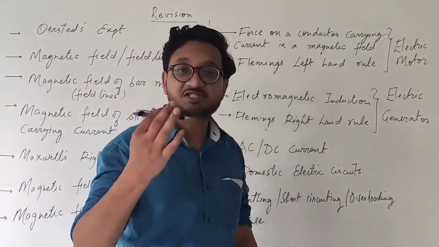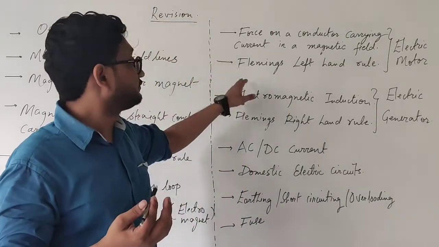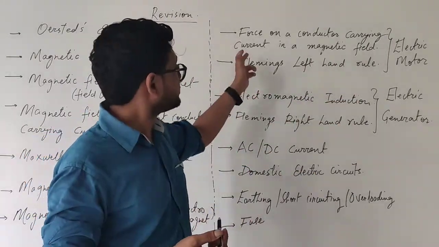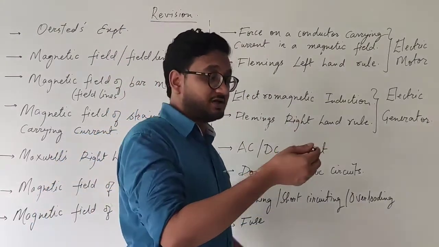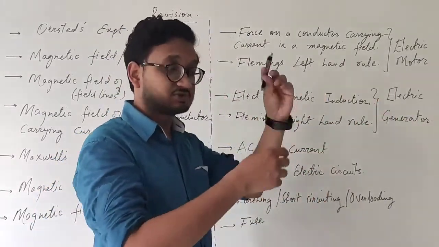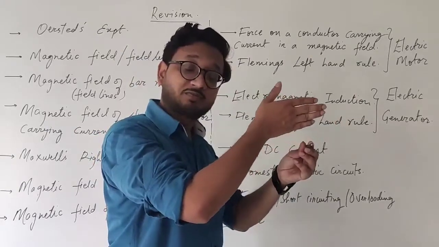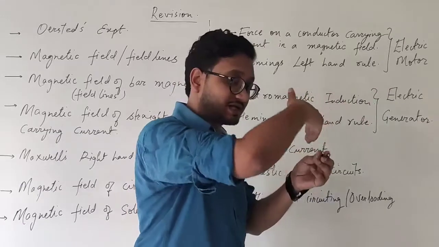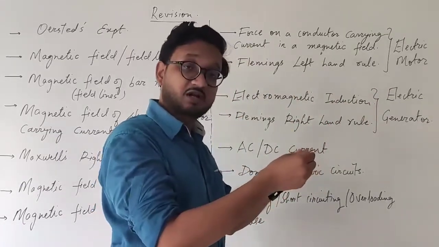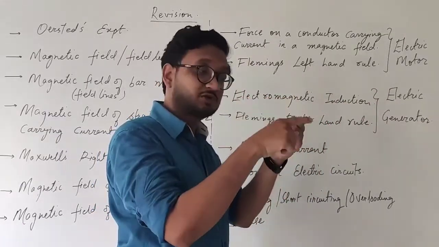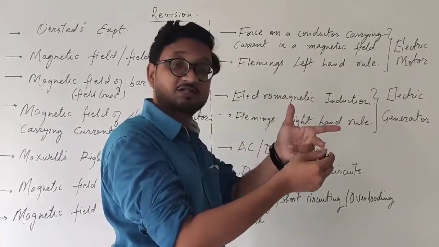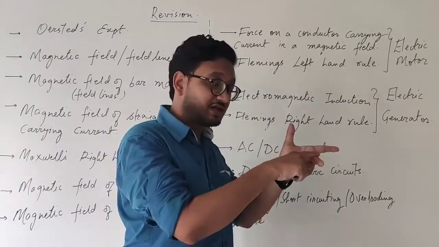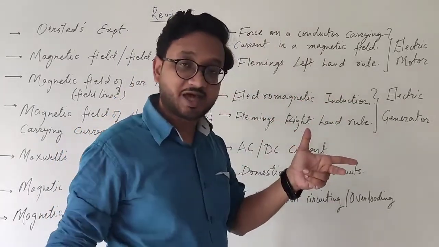But the question is, in which direction will it move? It will move in the direction which is suggested by Fleming's left hand rule. So the direction of the magnetic field is north to south in this way. Suppose this is a conductor kept at a 90-degree angle from the magnetic field, north to south. And suppose the current is passed through from the bottom of the pen to the top like this, using the left hand rule. All of this is kept at a 90-degree angle: magnetic field, direction of the current. So the thumb will give me the direction of the motion.